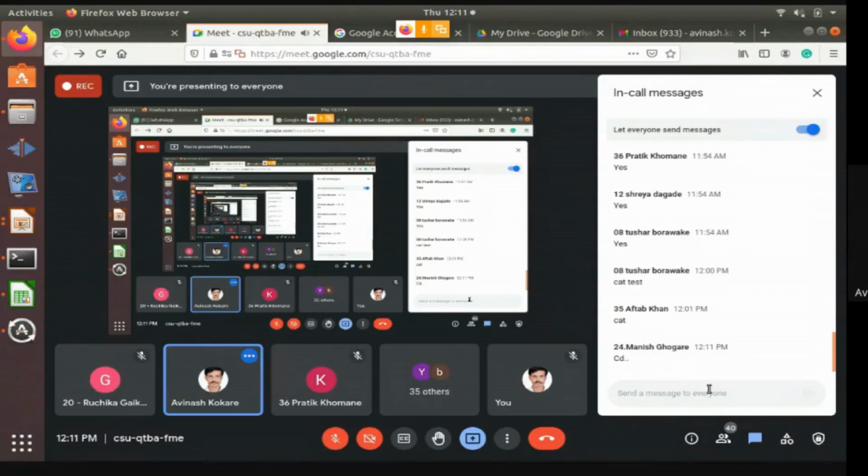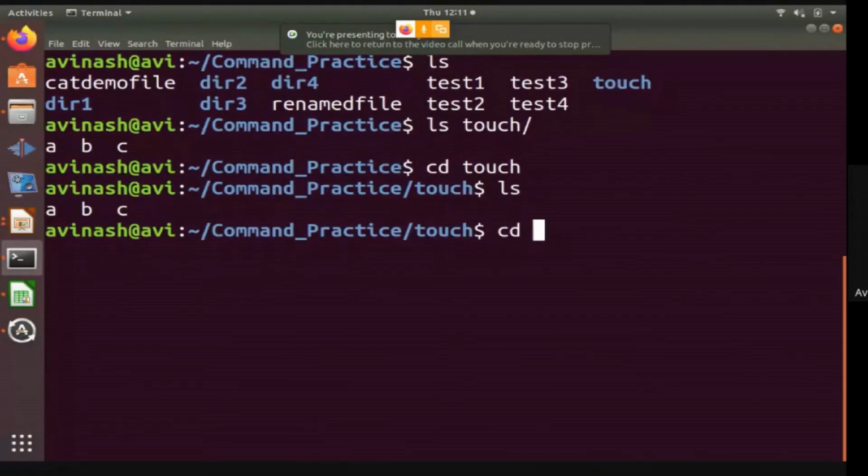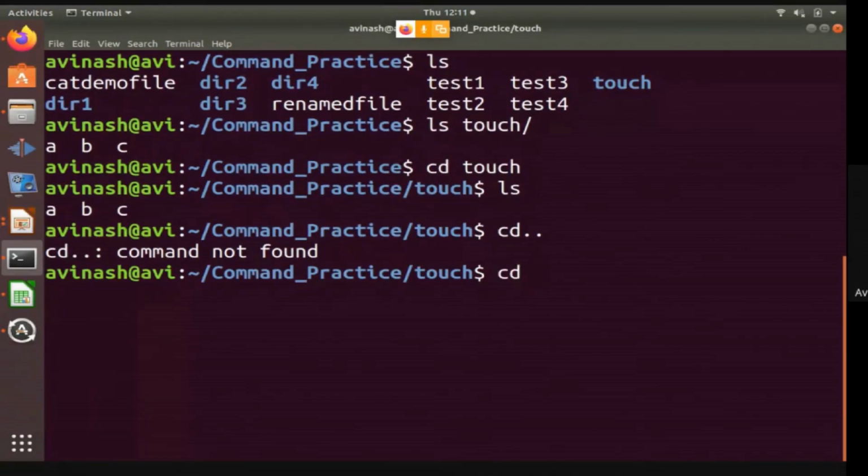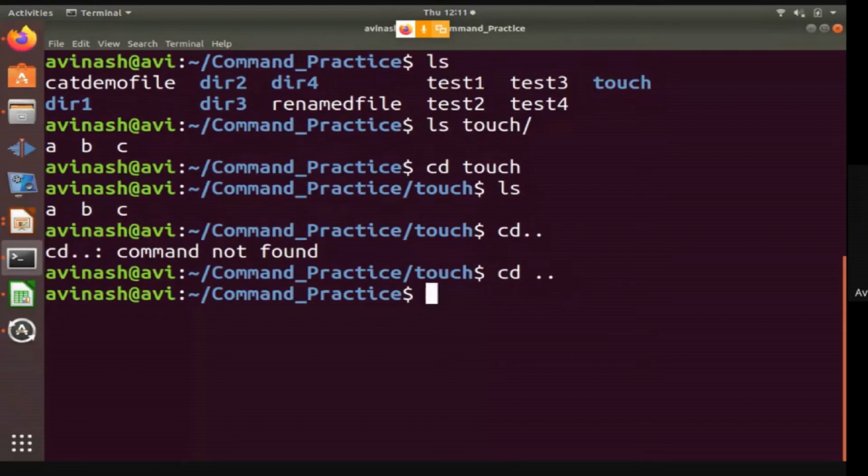Yes, cd dot dot is the command used in DOS, but here it is a little different. cd dot dot will not work here, it gives the error command not found. So a little change to this command: cd space dot dot. Sorry, cd dot dot is not a command, but cd space dot dot is the actual command, and it will return you to the previous directory.